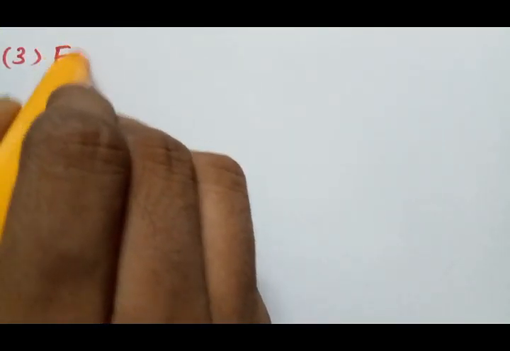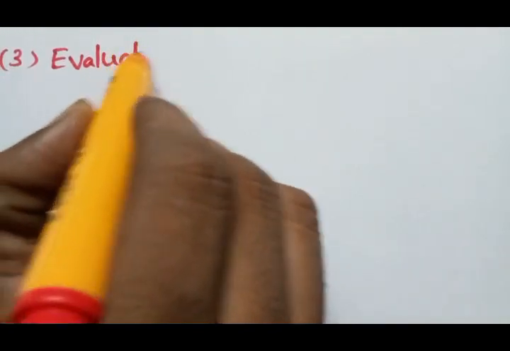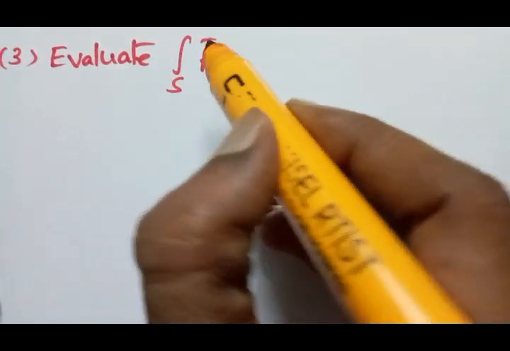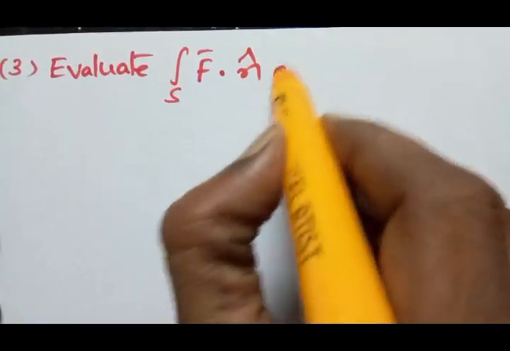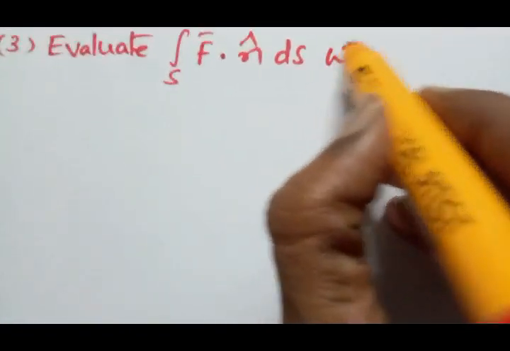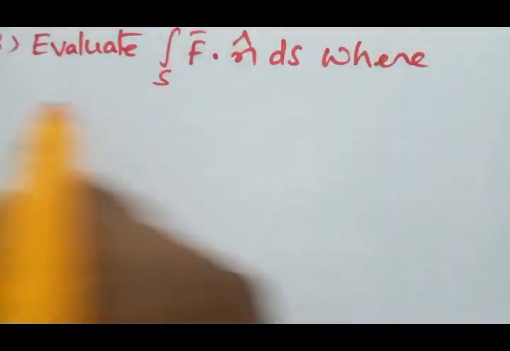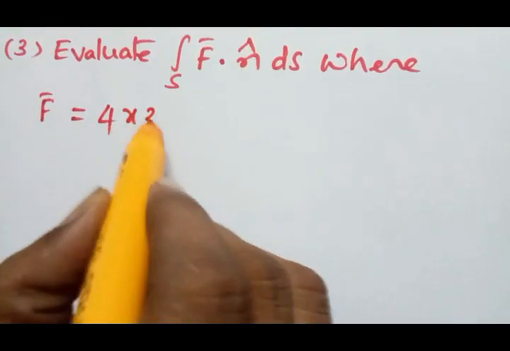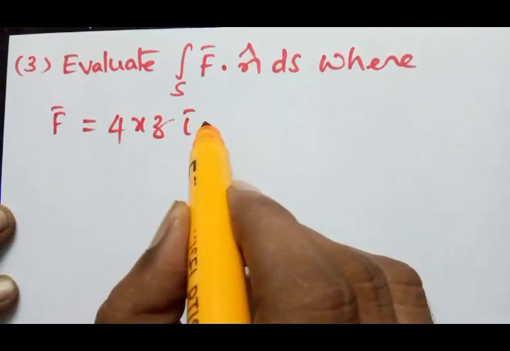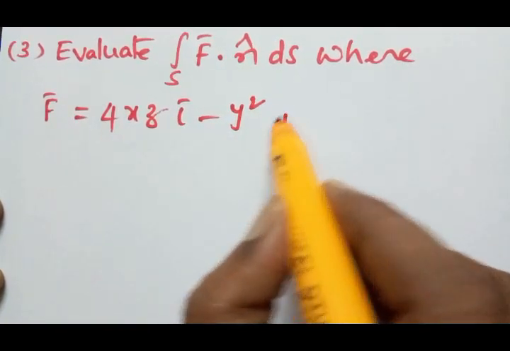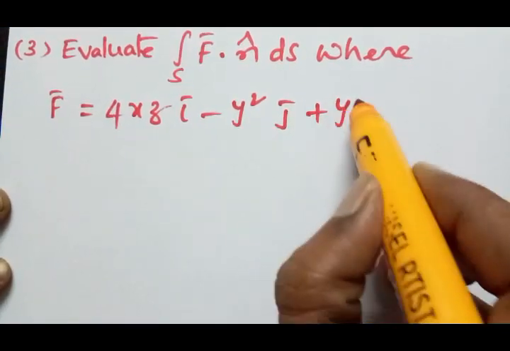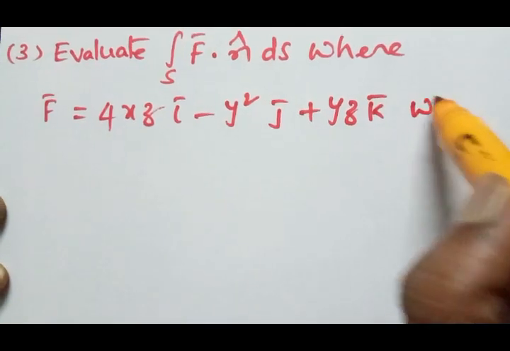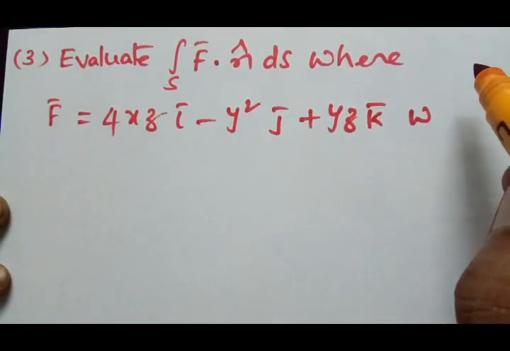Evaluate the integral over S of F bar dot n cap dS, where F bar is equal to 4xz i bar minus y square j bar plus yz k bar, where S is the